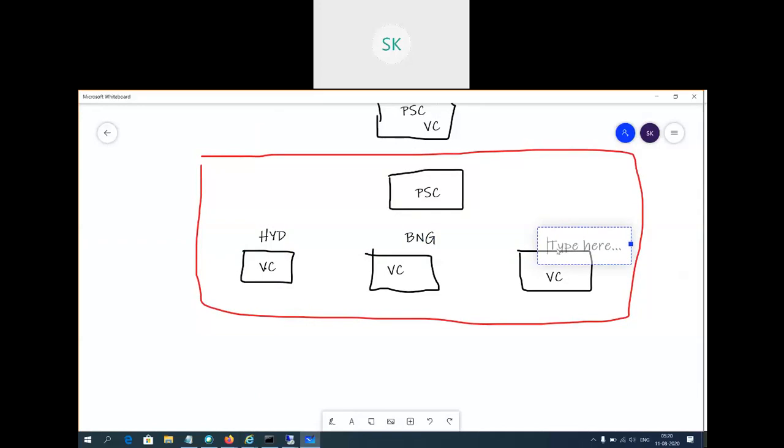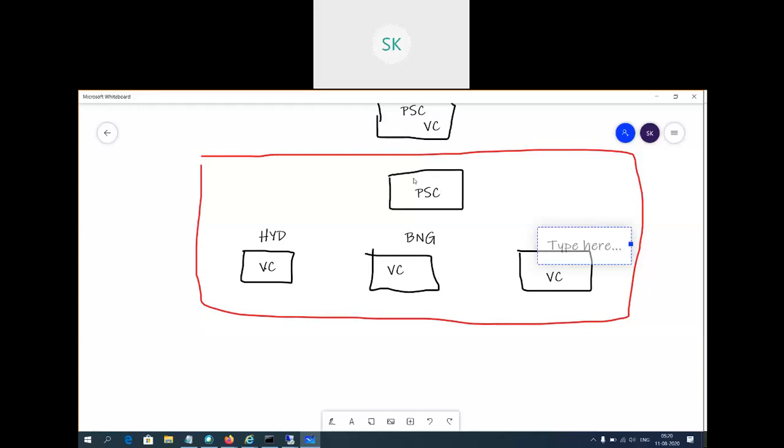Then, what we call it is, if all components are installed on one server, that is embedded vCenter Server with a Platform Services Controller. External deployment, in the sense, means the PSC will be on one server and the VC server will be on a different server. Okay, so in this architecture, the Platform Services Controller is going to have Single Sign-On and